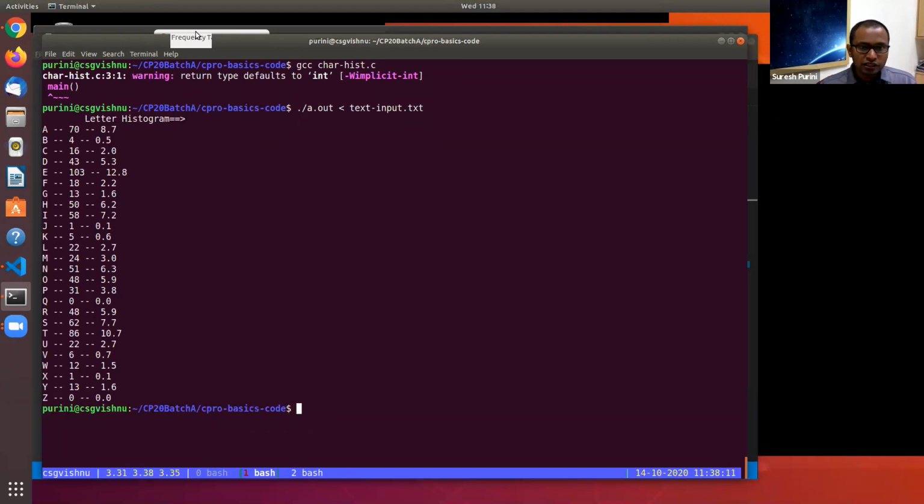So this is what it does. In the given text, the character A, small or capital, occurred 70 times, and the percentage is 8.7%.